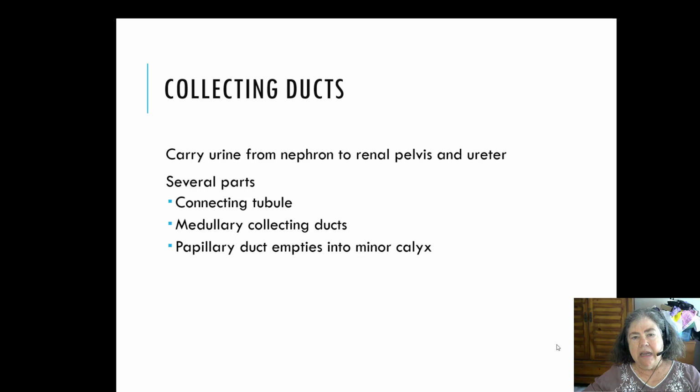Finally, those ducts have the function of carrying urine from the nephron to the renal pelvis and the ureter. There are parts to the collecting ducts. There's a collecting tubule and medullary connecting ducts in the medulla, and then papillary ducts that empty into a minor calyx into the renal pelvis, into